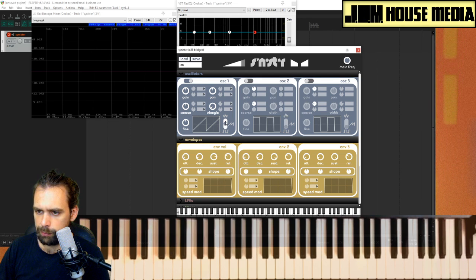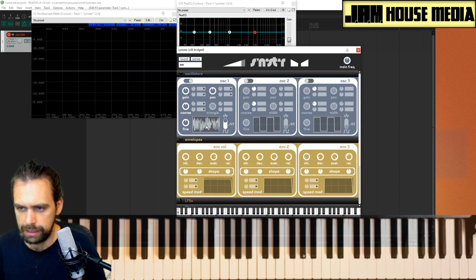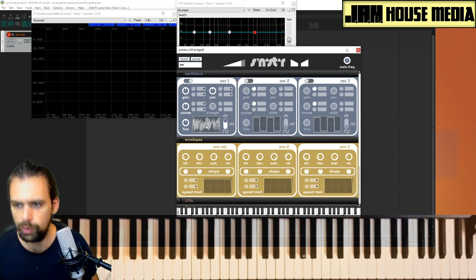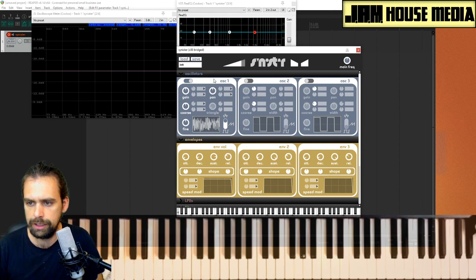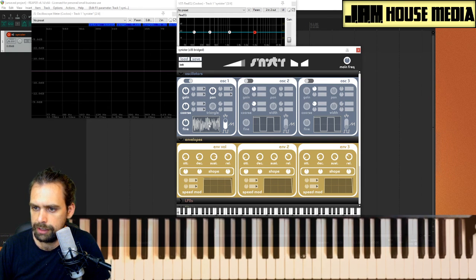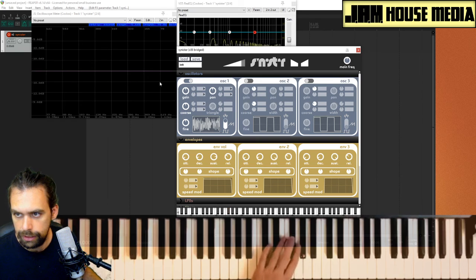We also have one more option here that is relatively common, and that is a noise oscillator. And this is white noise. Sometimes you'll have more control over the type of noise, but essentially what the noise oscillator is just,